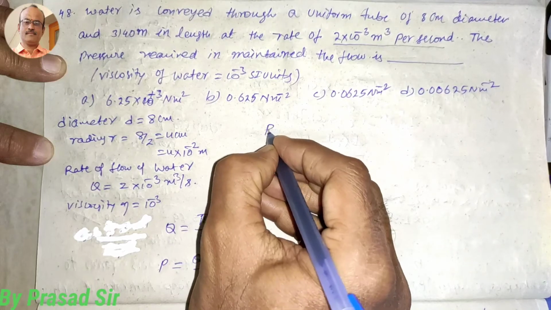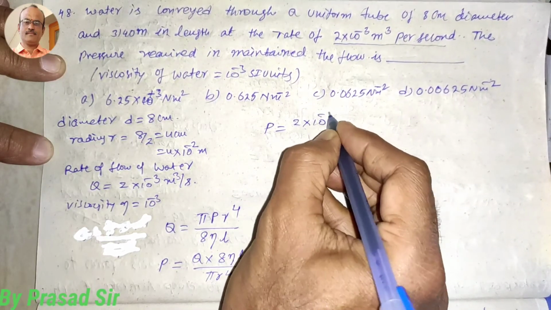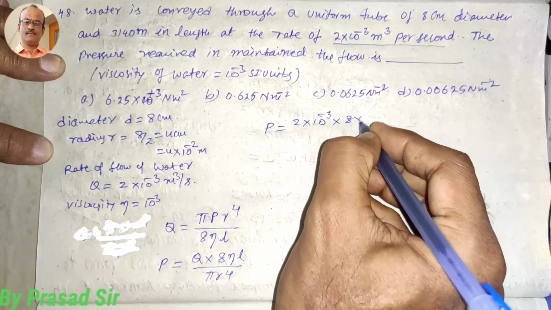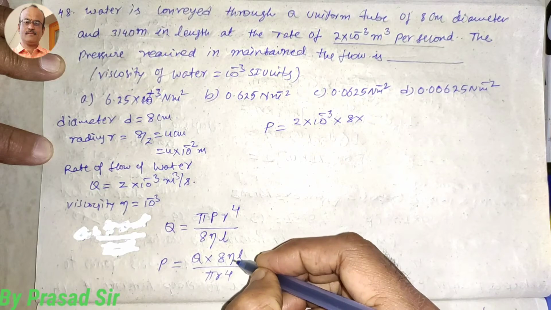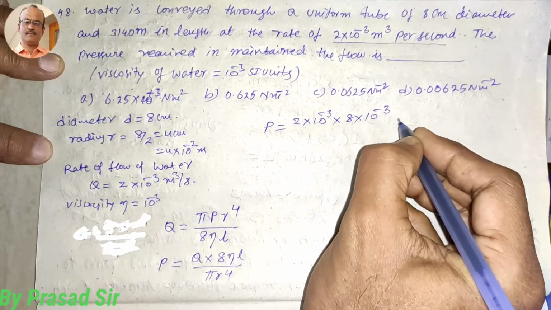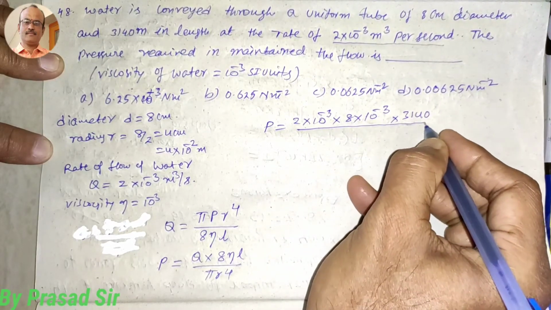Now I will substitute the values. P is equal to 2 into 10 to the power of minus 3 into 8 into eta, 10 to the power of minus 3, into length 3140, divided by